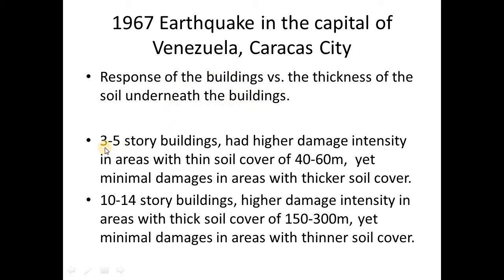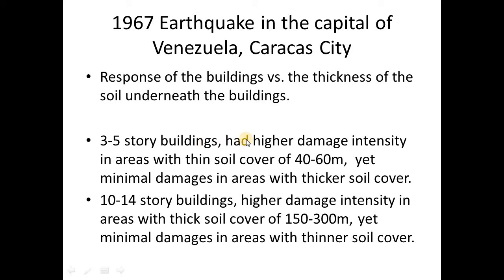We have observed in this mishap that took place in 1967 in Caracas City, the capital city of Venezuela, which means South America, that 3 to 5 story buildings, which could be considered low-rise or medium-rise buildings, had higher damage intensity in areas where the soil thickness was of 40 to 60 meters, yet minimal damages in areas with thicker soil,